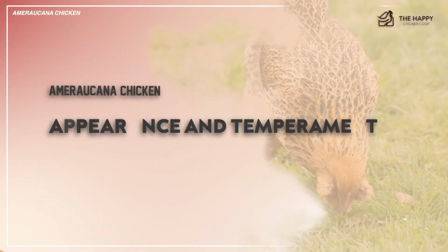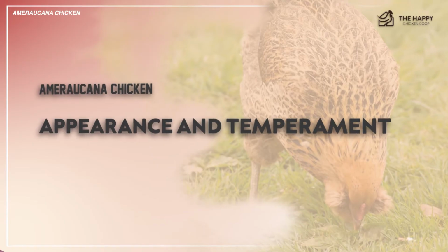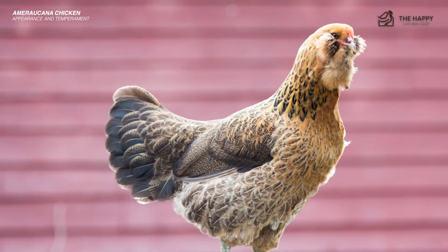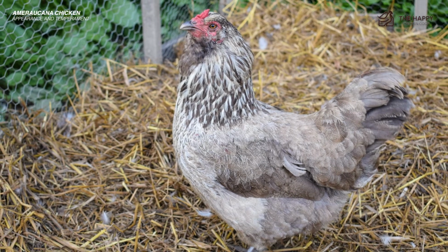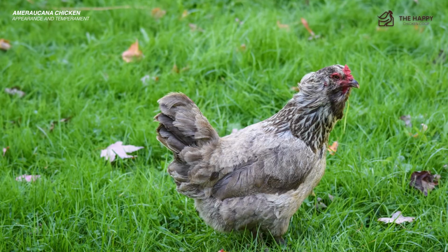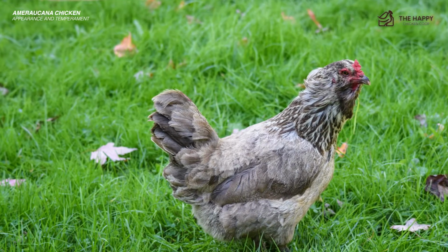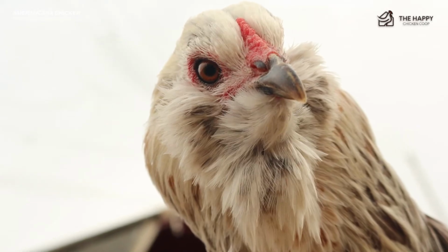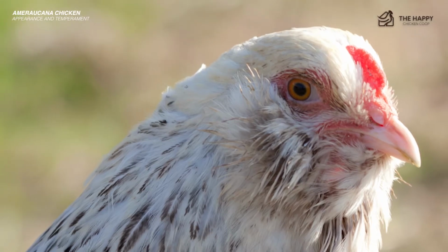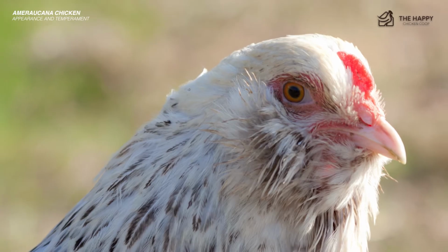Now let's talk about the appearance. The coloring of the Ameraucana is quite variable, with several color palettes to choose from, anywhere from black to white, blue to wheaten. The variety of colors available makes this a beautiful bird. It is considered a winter hardy dual-purpose breed. The beard and muffs give somewhat of a chipmunk face, looking like their cheeks are puffed out. With the eyes being bay red, they can look a bit fierce, but they are quite docile, and the look